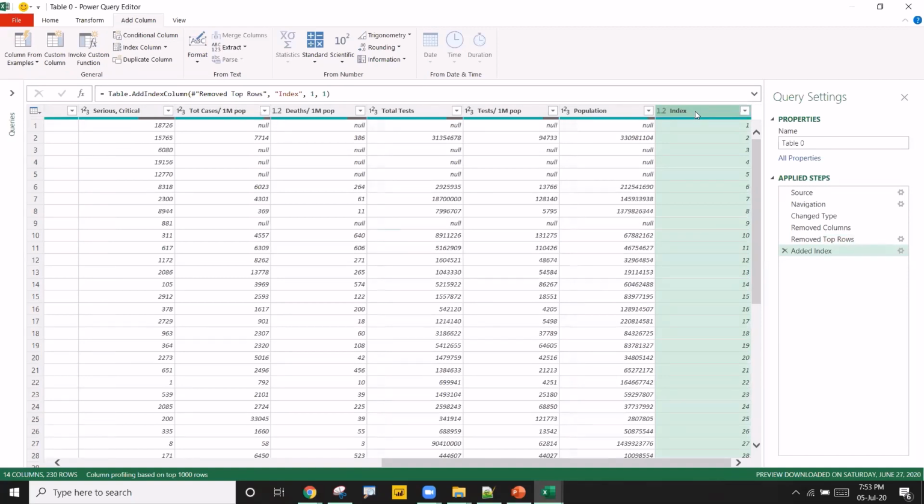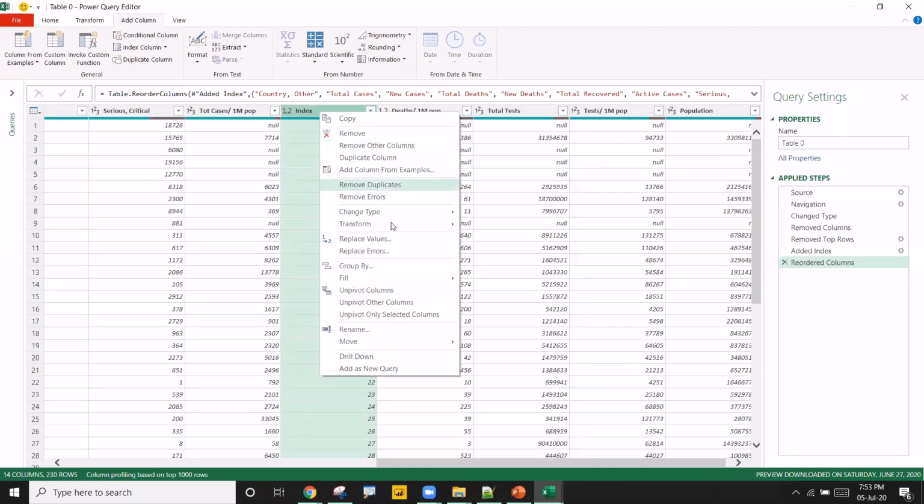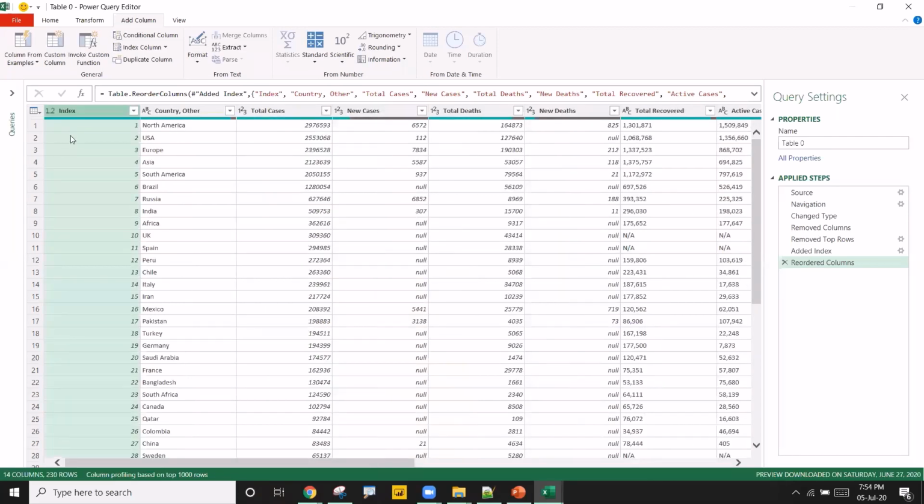That is the default functionality. But you want to keep that index number, nothing but the ranking, or otherwise the index itself, at the left side, not the rightmost. So yes, you can move it. You see this, I'm moving like this, or manually I drag it like this. But instead of moving like this, what I can do is right click and Move. If I click on Left, the column moves one column left. If I click on Right, it moves one column right. But if I click on To Beginning, it will move to the beginning of this data. So this is the index.